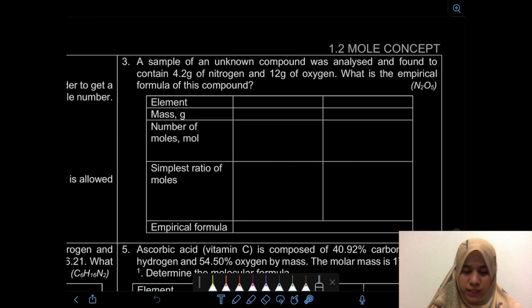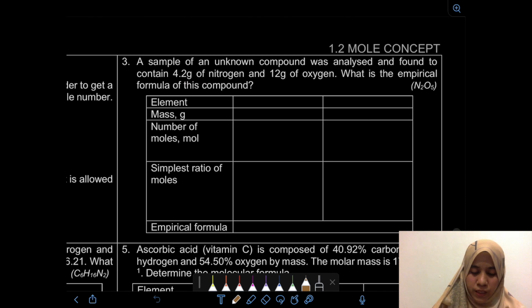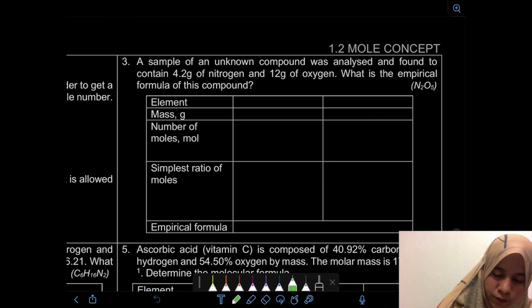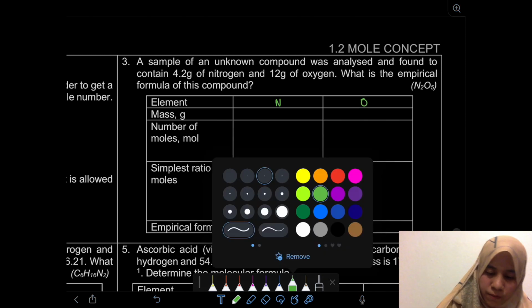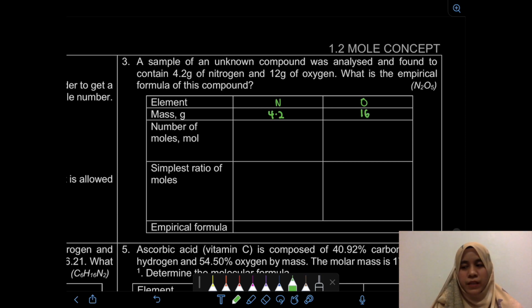So dia kata dekat sini, a sample of unknown compound was analysed and found to contain 4.2 gram of nitrogen, 12 gram of oxygen. So dekat sini Miss tahu apa yang ada dalam, what is the element present is actually our nitrogen and oxygen. Okay, so next, what is the mass? Mass tu 4.2 for nitrogen, oxygen 12. Okay, so sekarang ni